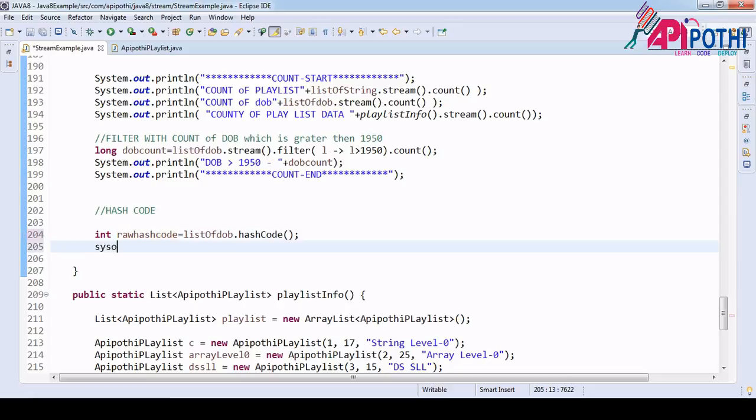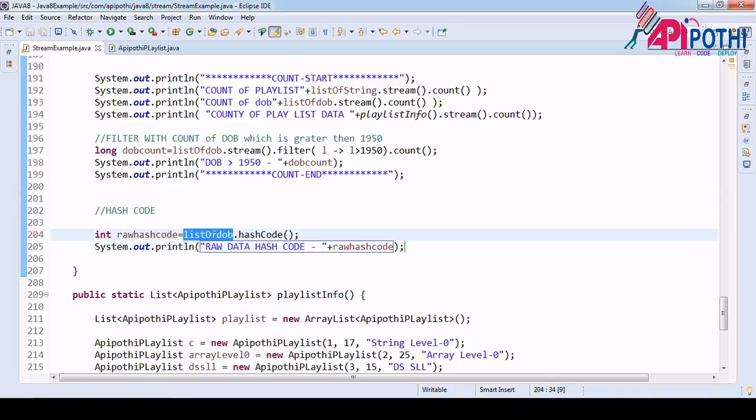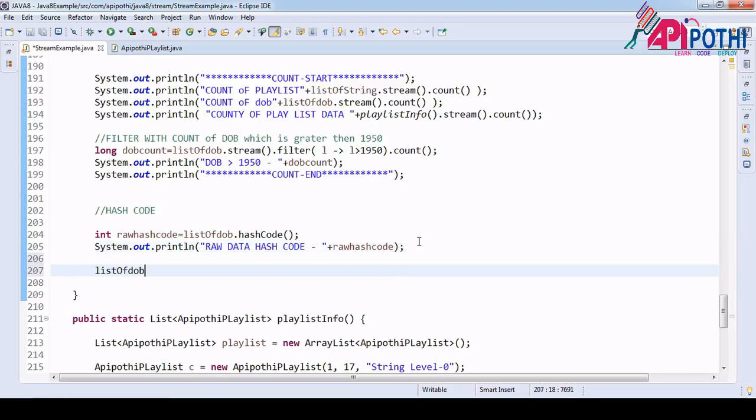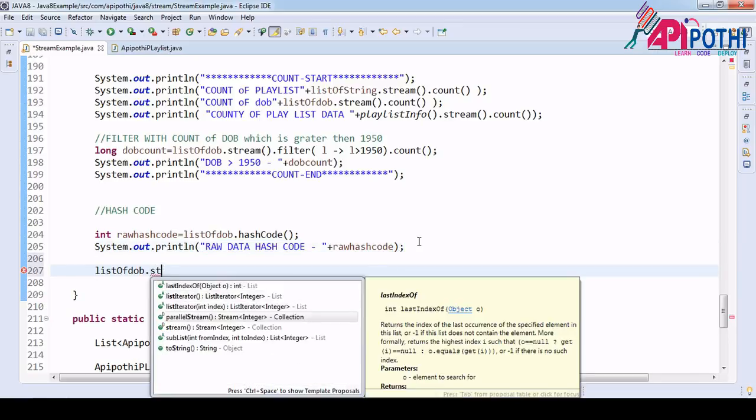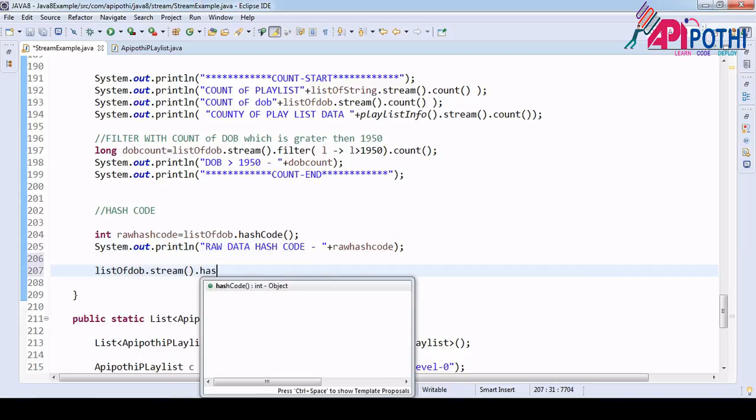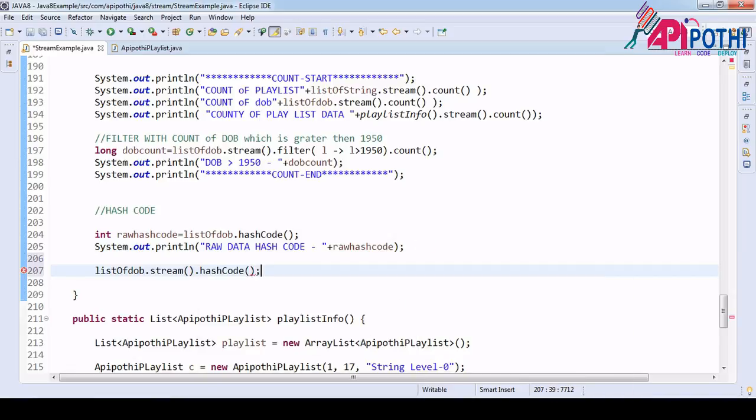Now I am printing it here, raw data hash code. Now the same data I want to put inside the stream. After the stream, I want the hash code for the same. Let us see what will happen.